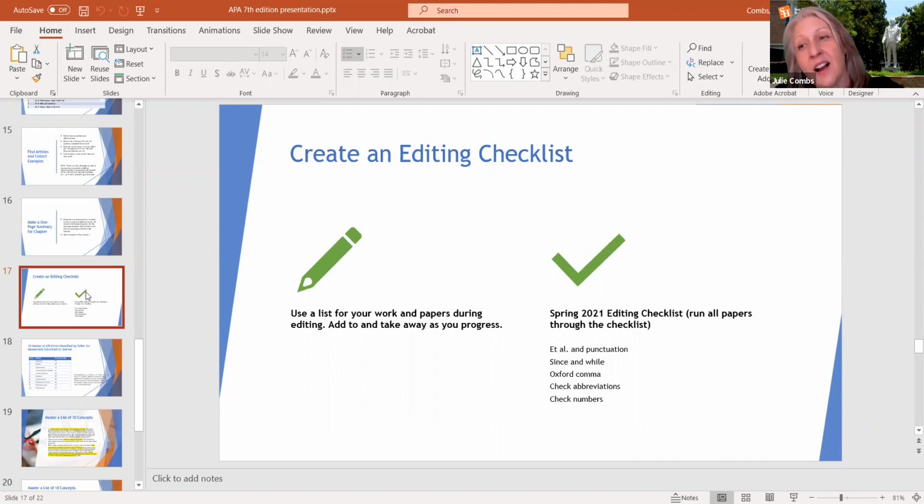Maybe I'm forgetting that Oxford comma and my sentences are confusing as to what are the elements in the sentence. Perhaps I did not abbreviate correctly, or sometimes I abbreviate the word and sometimes I don't. And then of course the numbers. Anytime there's a number used or not used, trying to decide if that's the exception, if that's the rule, and what should be. So this is an example of an editing checklist.